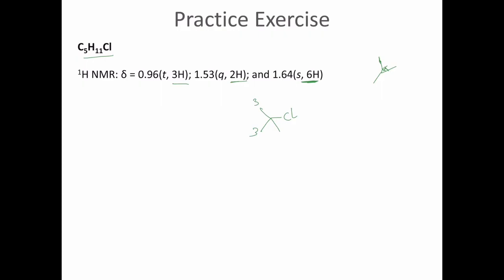So we have 2. Let us look at the 2, assuming there are 2 protons here. Let us look at what's going to happen. To these 2 could be attached to these other 3 protons. Well, adjacent to these other 3 protons. So because they're going to be adjacent, that means these 2 protons are going to be split 4 times, n plus 1 rule. So because they're going to be split,